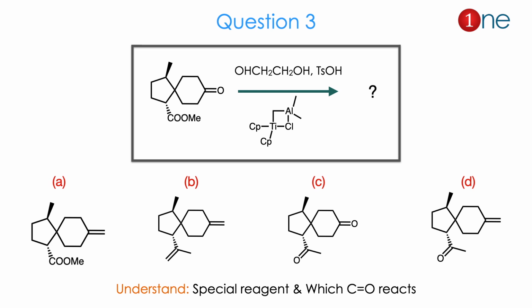Then question number 3. The starting material is a spiro system with a 5-member and a 6-member ring. The 5-member ring contains methyl above and the ester below. And a ketone is also there in the 6-member ring. Here you are using ethylene diol and tosyl, and you are using a titanium aluminum reagent. From the product you might guess